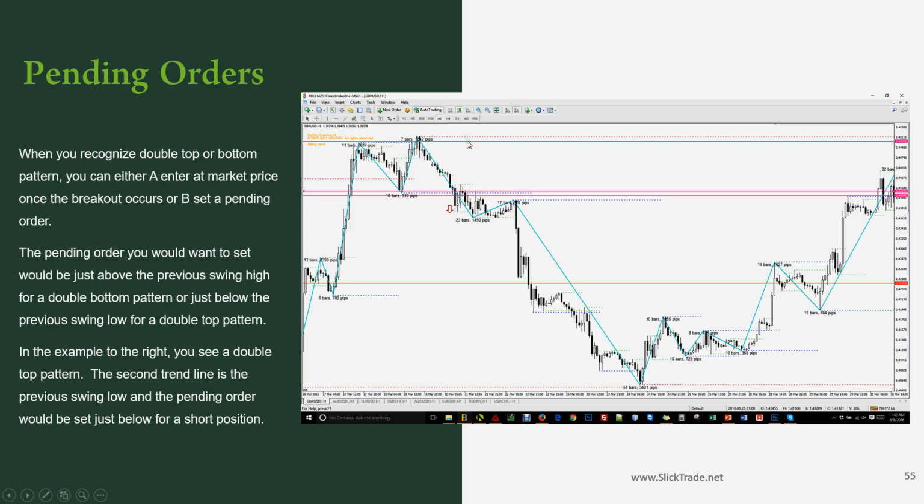So here's your first trend line, here's your second, and right here's where you'd set your pending. Okay, so just slightly below that. And that's for a double top. For a double bottom, you'd set it just slightly above. Okay, so